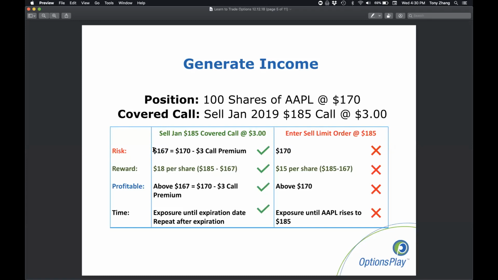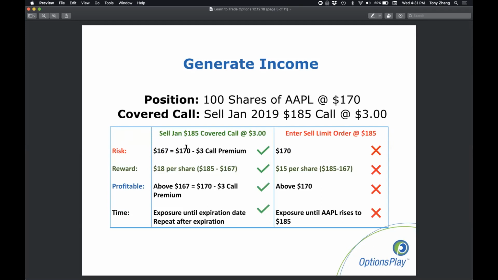Next, what is your potential reward? So if the stock does rise to 185 and you sell your stock at 185, if you had sold the covered call, you would realize an $18 profit, because the difference between 185 and your net cost basis on the stock is $18 now. So instead of just making $15 on the trade, you're now making $18. So you have less risk